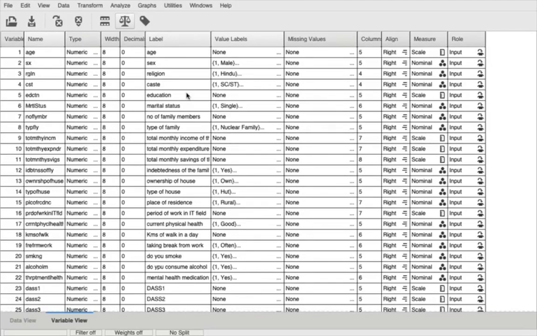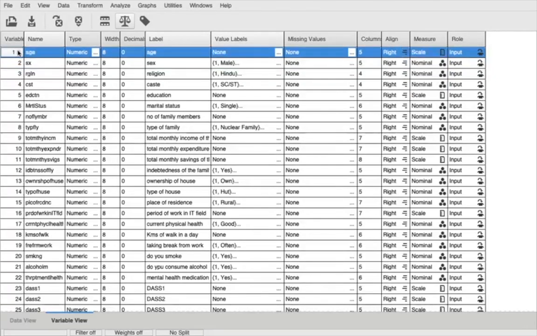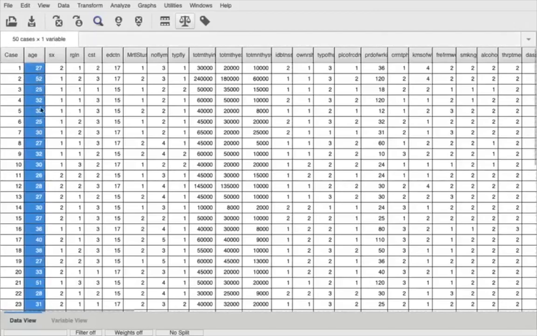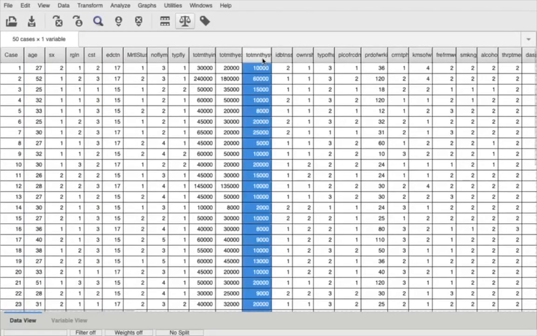Remember, I told you the three types of variables in SPSS and PSPP. Nominal, which is in category; ordinal, which is in order, like 1 to 5, how happy you are, or 1 not at all, 2 somewhat, like that; and scale, which is continuous. For example, age is completely continuous, see here, 27, 22. Similarly, education is also in continuous form, in years of education. Income is also continuous, you can see the numbers.